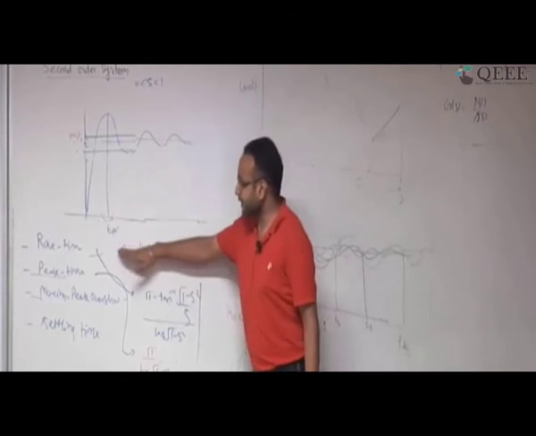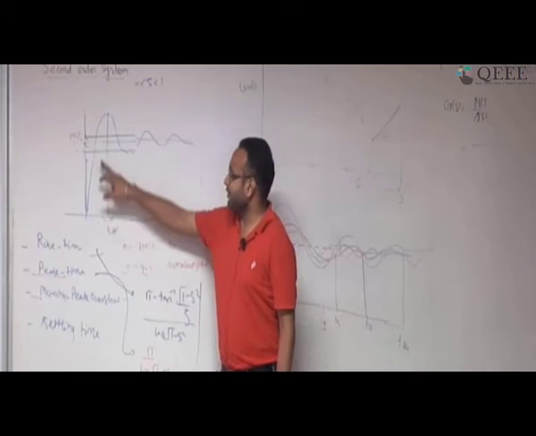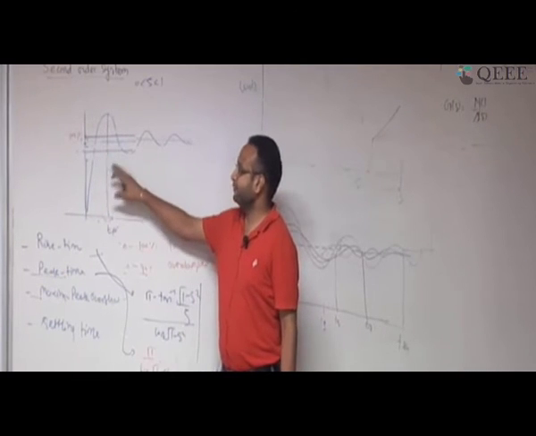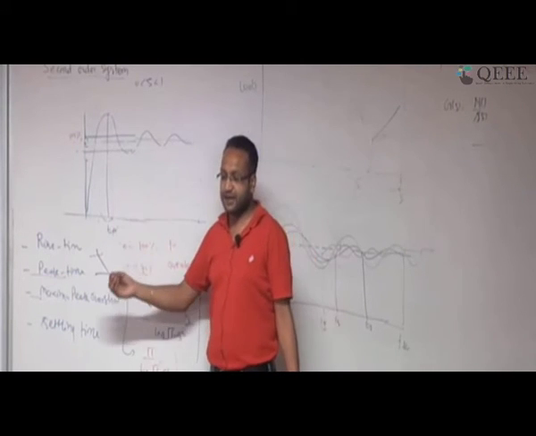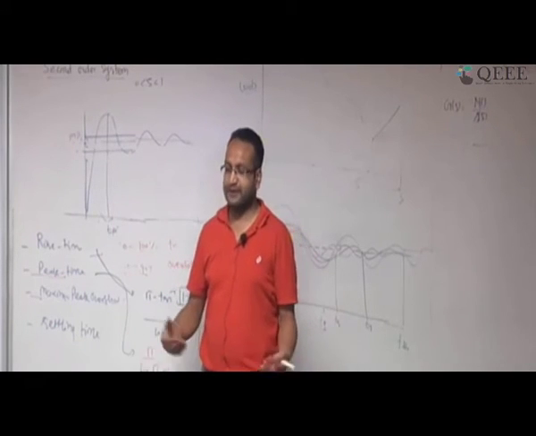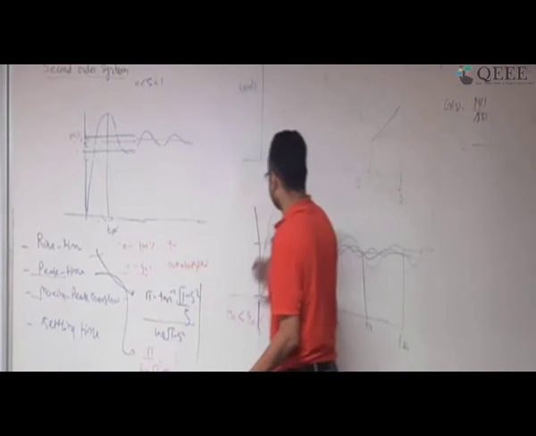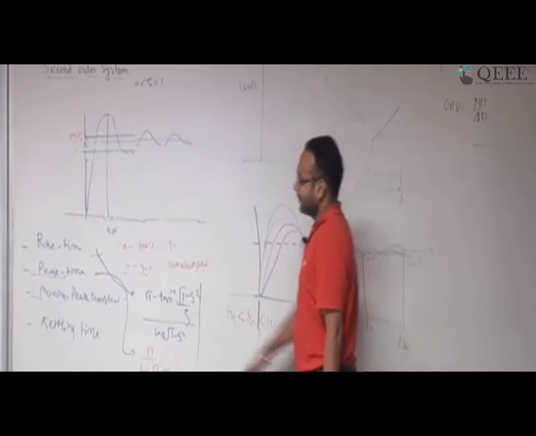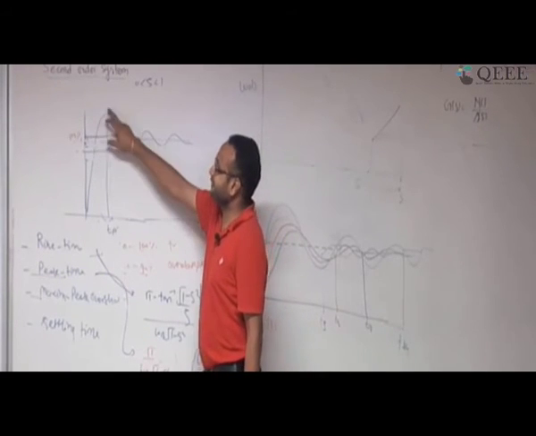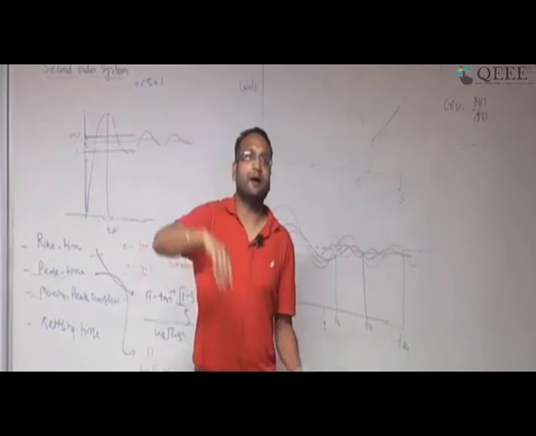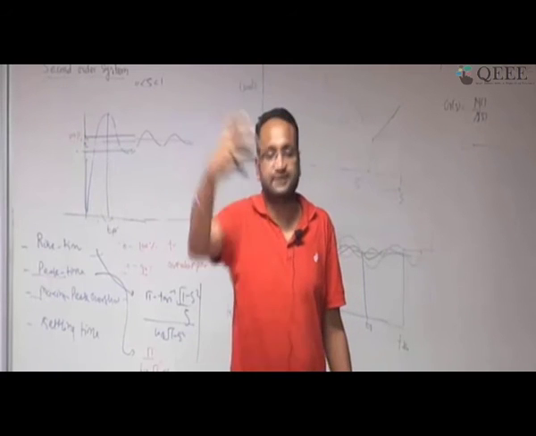Rise time, peak time, overshoot, settling time. Rise time I want small, but it is inversely proportional to zeta, which means if you make zeta equal to 0, my rise time will be very small, but that is not desirable, because there won't be settling, the response will not settle down. Maximum overshoot should not be very high, because if it is very high, the output is going to be very high, and it might spoil your next component.